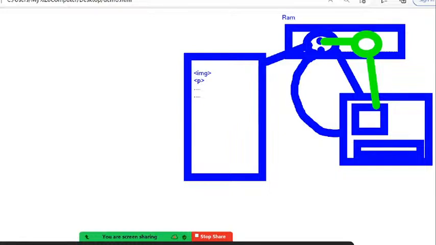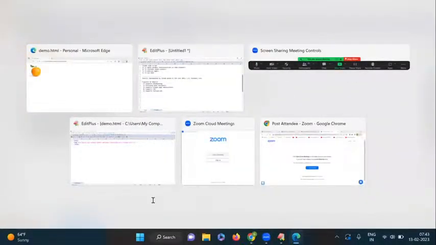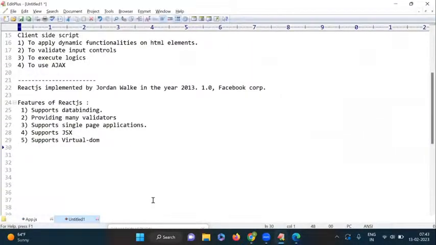Is this clear? Yes. So that is a very useful concept for us. Okay, it supports virtual DOM. How it is working completely, I will show you once again. So that is a very big advantage for us. Okay. Next one here,